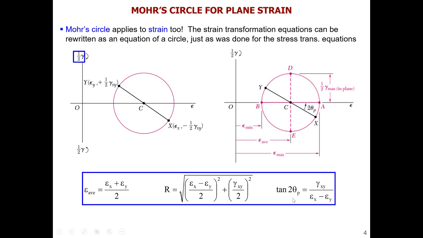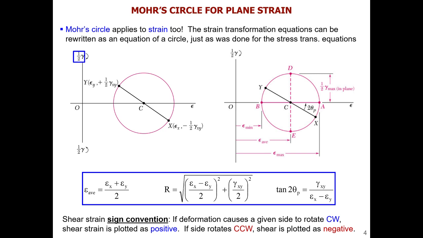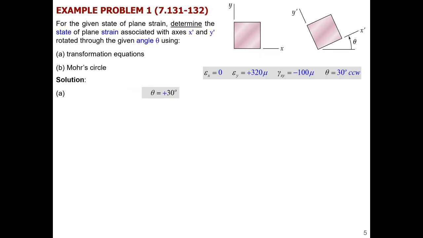Okay, and then very similarly, we have the angle which can be defined through the measure of the shearing strain and normal strains. So we can find that principal state here too. And just to remind that we have a sign convention here. Again, we have positive shearing to put in the Mohr circle coordinate system if it causes rotation clockwise, and if it tries to rotate the element counterclockwise, then we will have a negative value of rotation. So next we will look into an example of the strain state